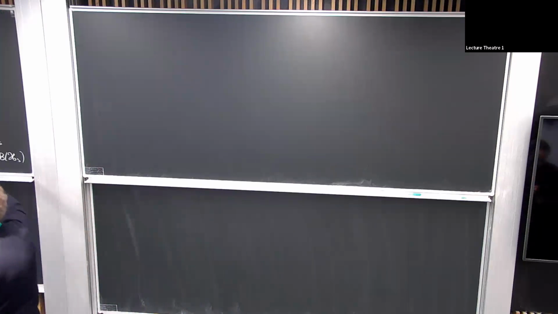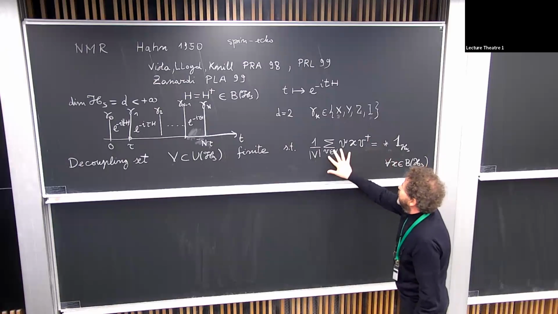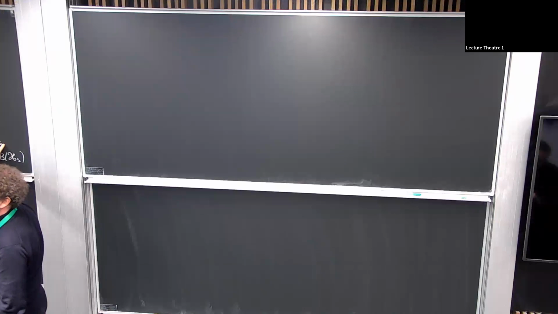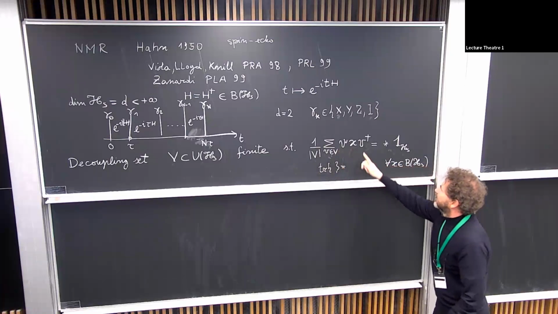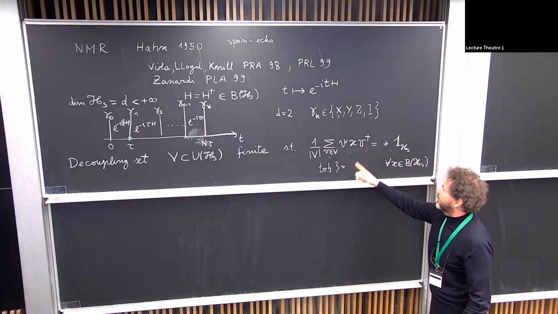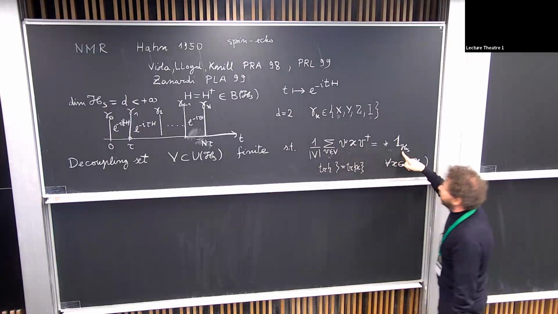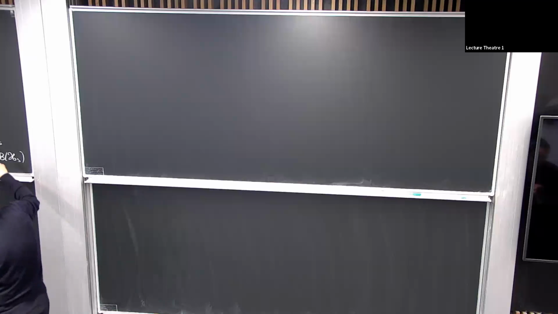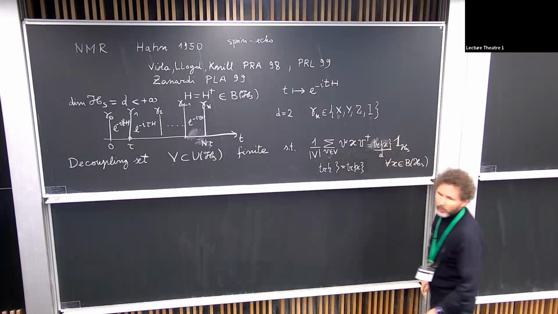The constant is not free, the constant is very easy to find. Essentially, if you take the trace of the left-hand side, this should be equal to the trace of the right-hand side. Now, the trace of the left-hand side is just the trace of X. The trace of the right-hand side is d, if d is the dimension of HS. So here the constant is just trace of X divided by d, where d is the dimension of the space.